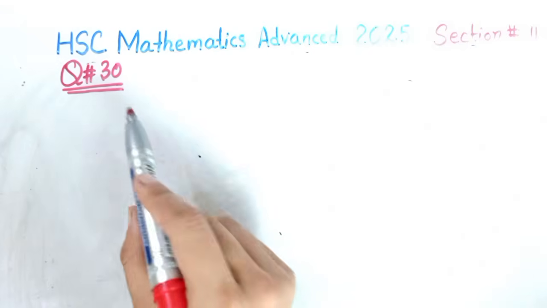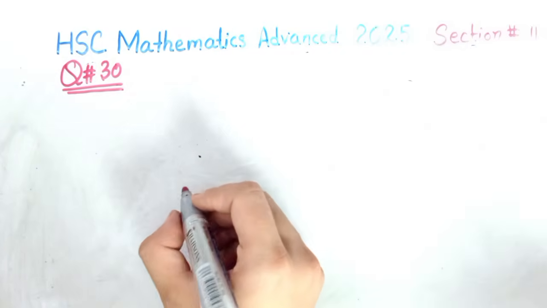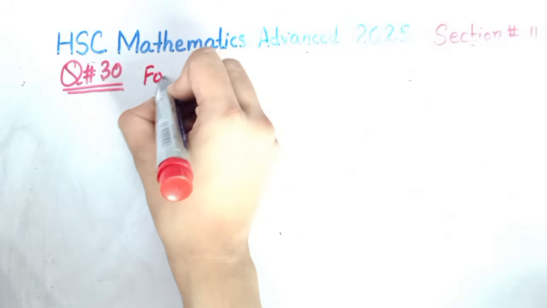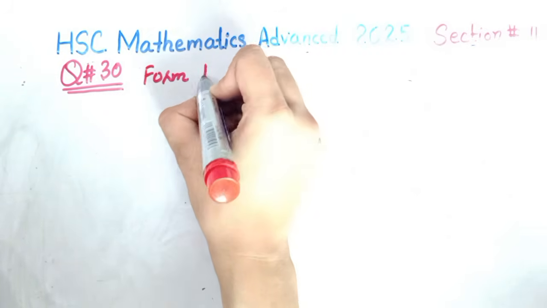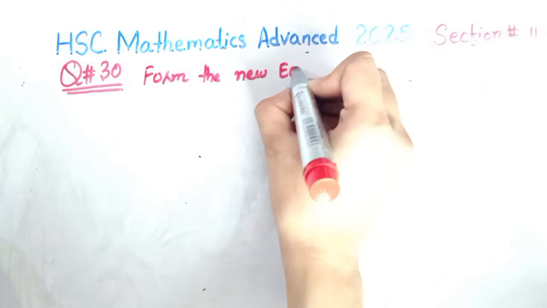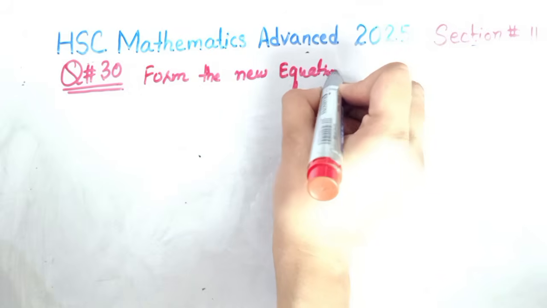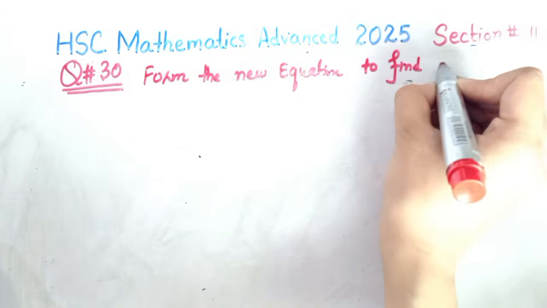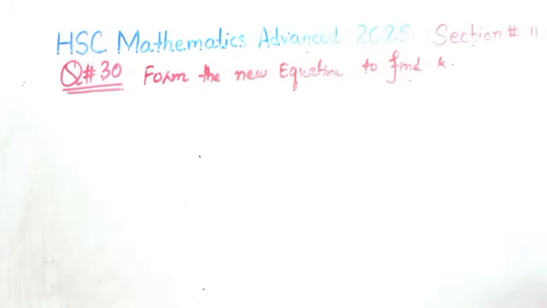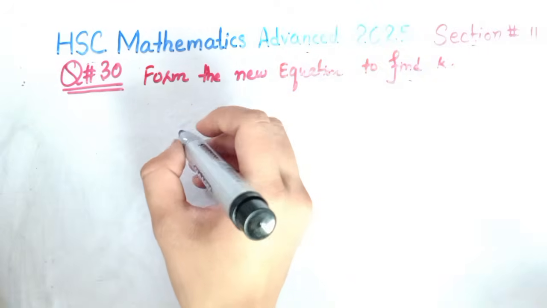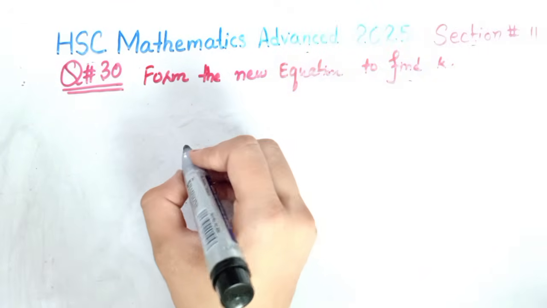So, question number 30 is one in which we have to form a new equation. First of all, we will write: form the new equation to find k. In this question, you have to find the value of k. So, how will we form this equation? In the given equation, we will replace x by